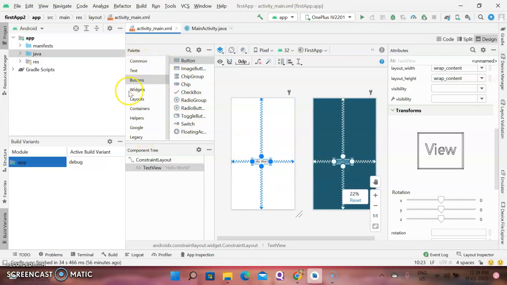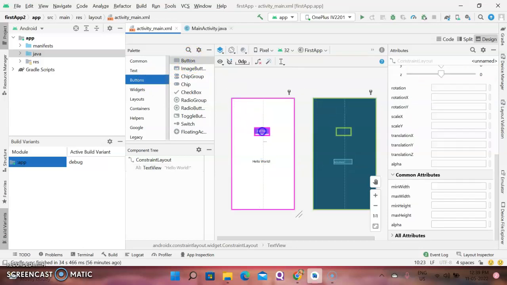Here in the palette window, I have a list of components which are called views in Android Studio. Say I have a button here. If I click on a button, I can choose a range of different categories of buttons which are listed here, which we will see in later videos. Since this is just the second video, I'll just show you how to place this and how an XML file is created for this particular button. So I'm going to click it, drag it, and place it in my